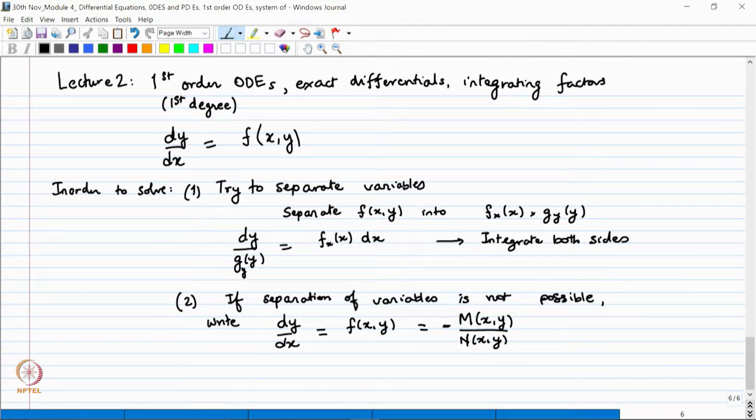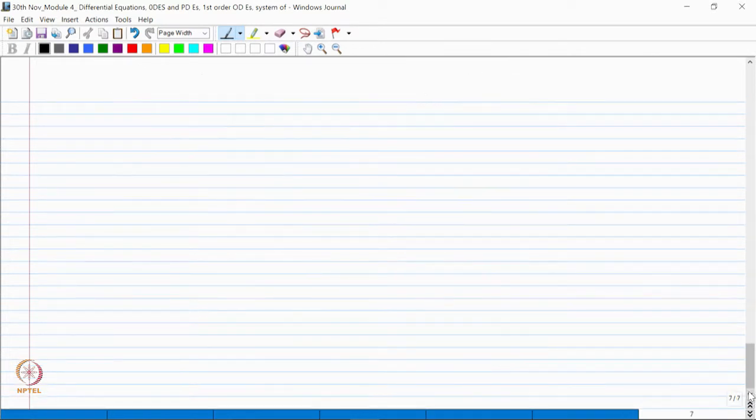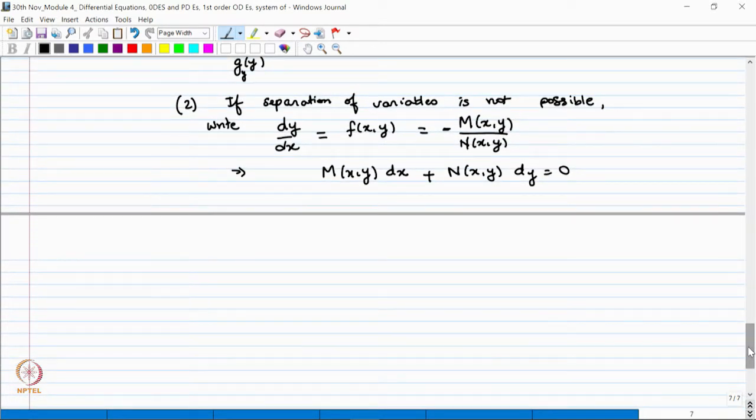You can always write f of x y in this form, and then what you do is you multiply it out and you write it in this form. So, m of x y dx plus n of x y dy equal to 0. The first order first degree equation we wrote in this form, m of x y dx plus n of x y dy equal to 0. Now, what is the advantage of writing it in this form? So, the advantage is very clear, because this looks like, recall from